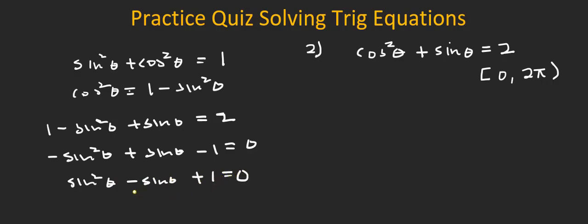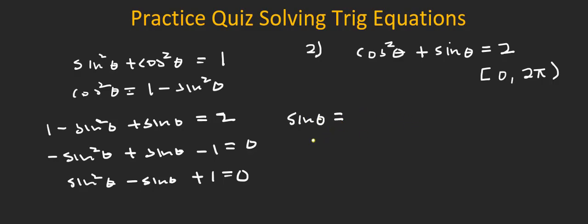So you get this. Now, if you try to factor this out, there's no way you could factor it. So what we're going to do is use the quadratic formula. So instead of x, we have to put sine theta equals